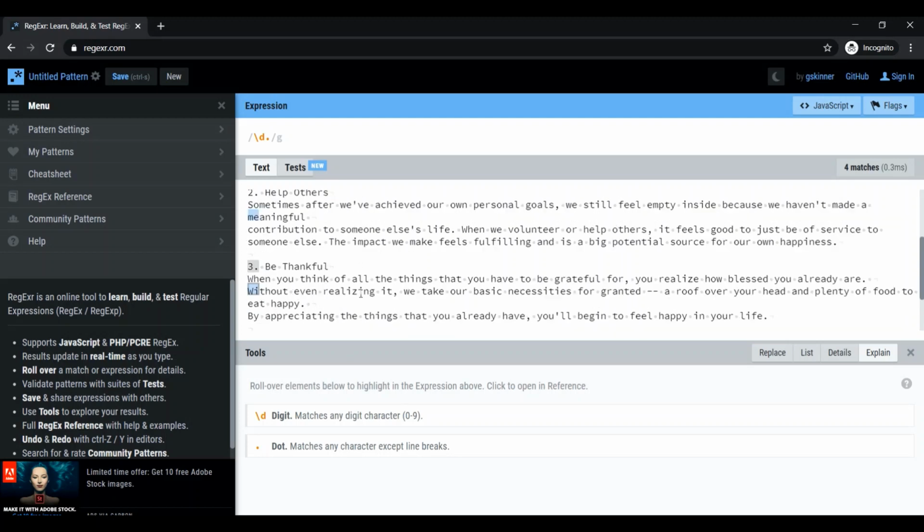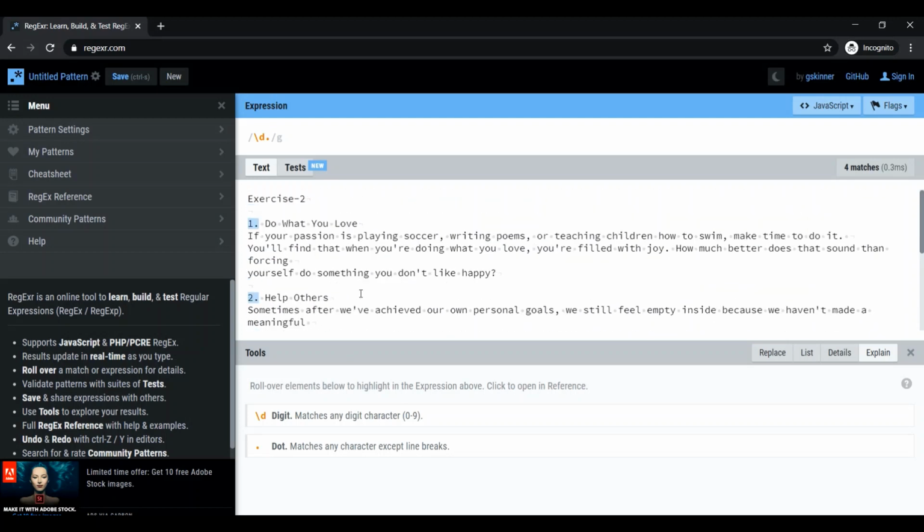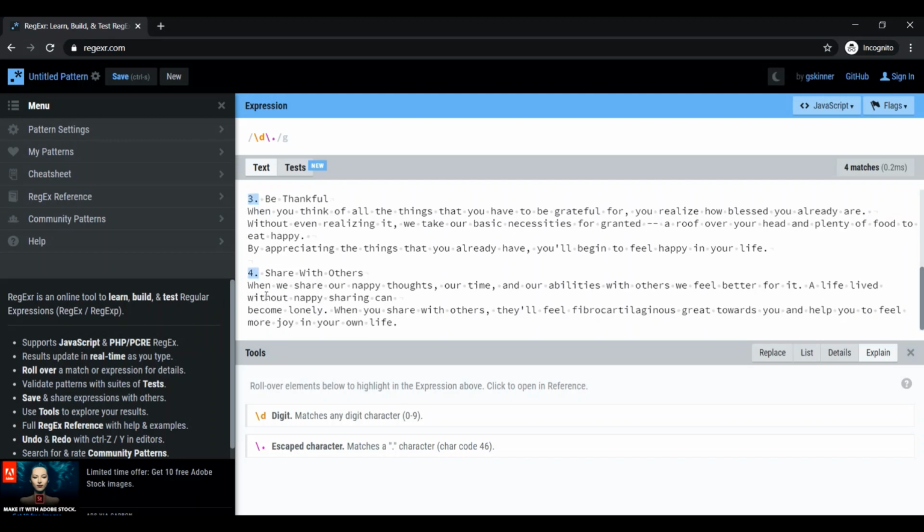But the dot will be tracking other characters as well, because dot here is a wildcard character. We want to make sure that we escape it to make it a literal period. So here I'll write \. So this is now a literal period, a literal dot. Now there are exactly 4 matches: 1 dot, 2 dot, 3 dot and 4 dot.